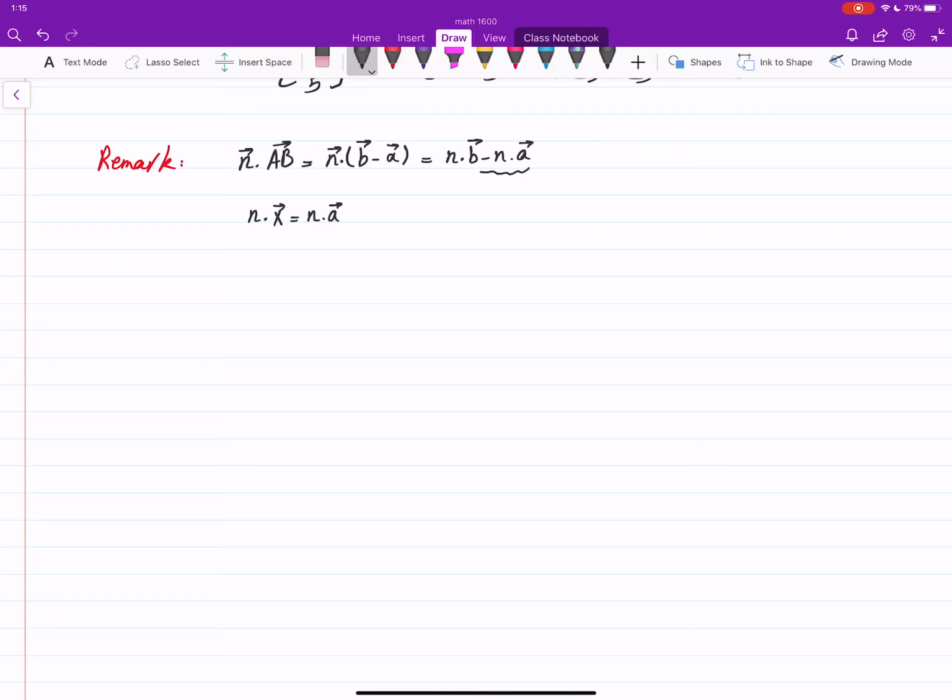Here you see that we have a very similar situation. Instead of x, we have plugged in b here. So in other words, this is n dot x minus n dot point A when we plugged in x is equal to b. And if you expand this part, in the regular case, you get ax plus by plus cz equals a number. Now we are bringing this d to the left hand side,